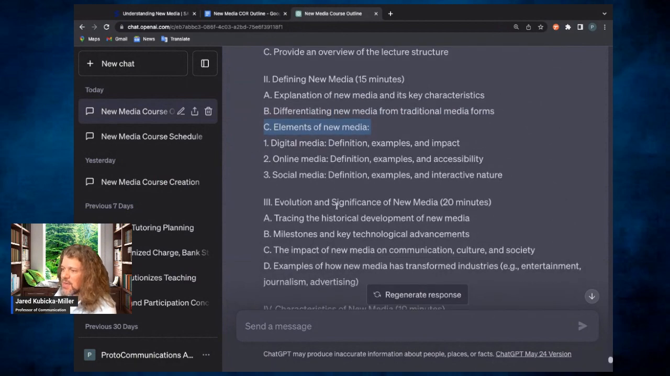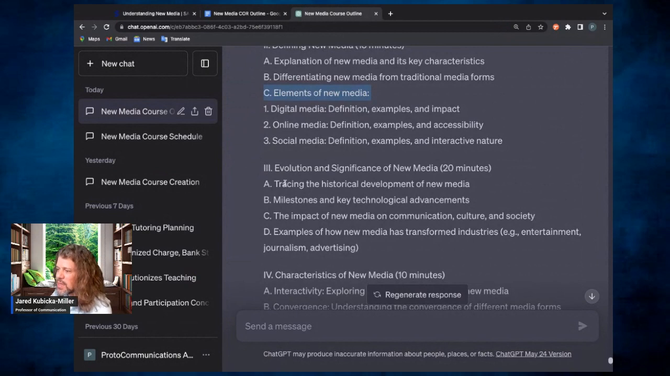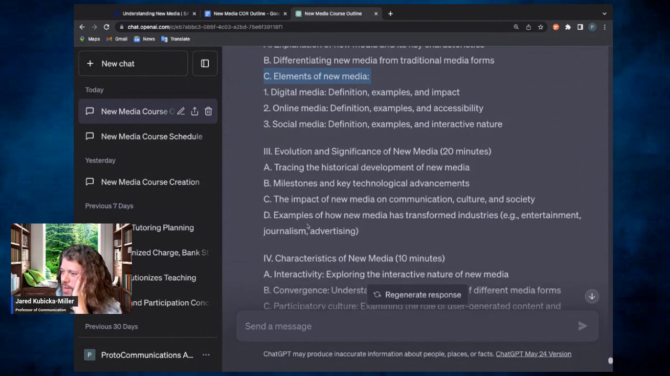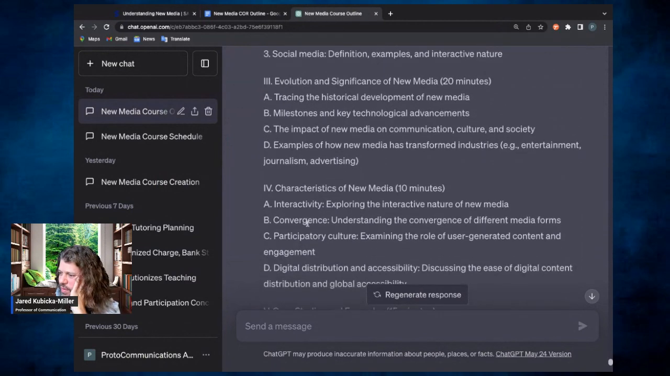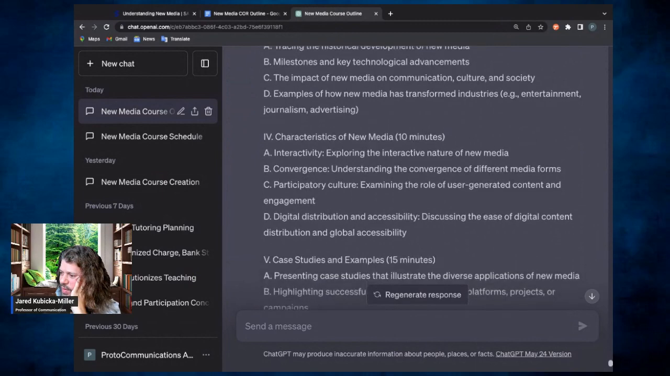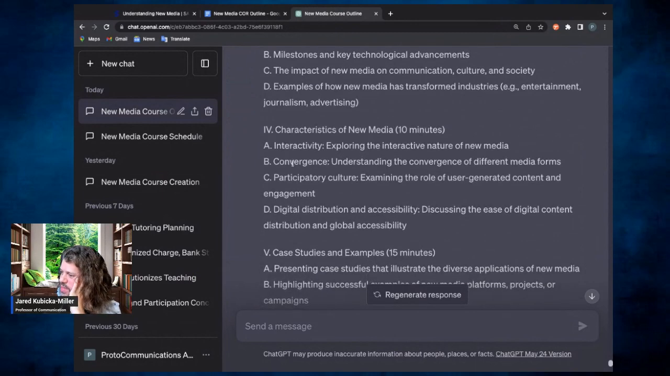This I do like. Evolution and significance of new media: tracing historical development, milestones, the impact of new media on communication, culture, and society. Yeah, that would be really brief. These are all really overview stuff. Interactivity, convergence, participatory. I'm interested in what they like. Convergence can mean a few things, but in terms of new media and the convergence of different media forms, I'm interested in that,